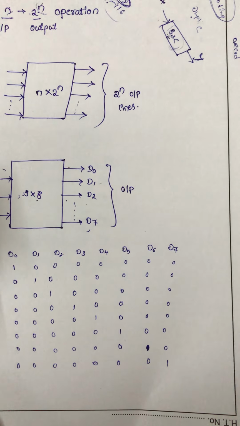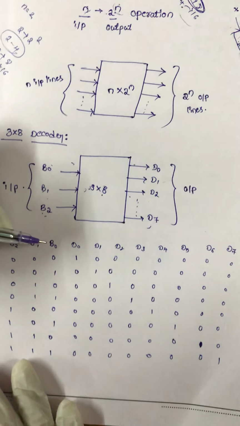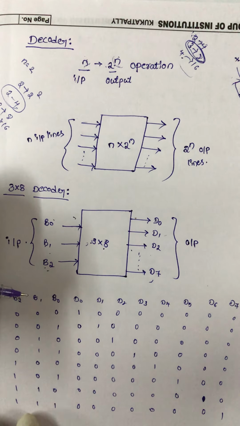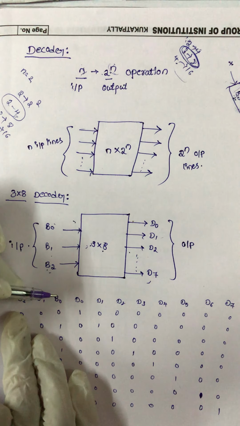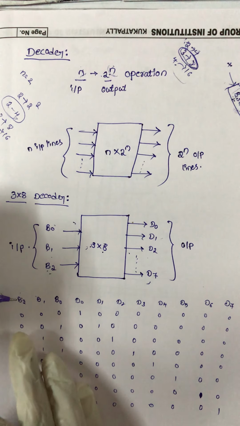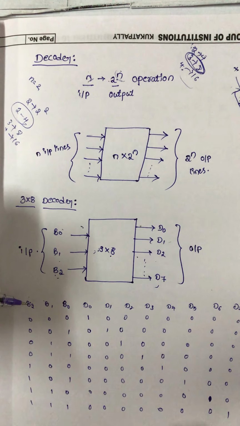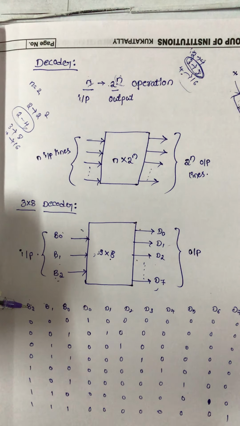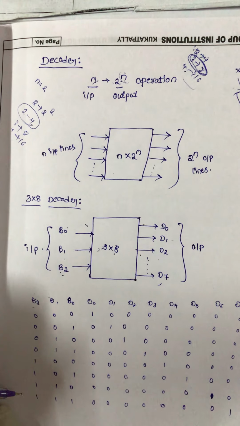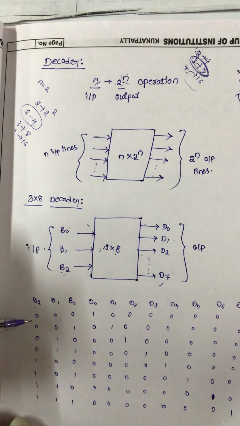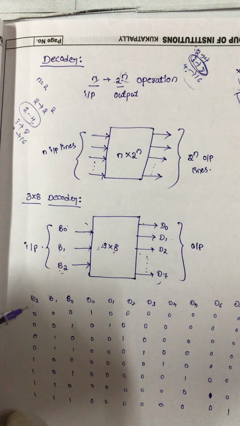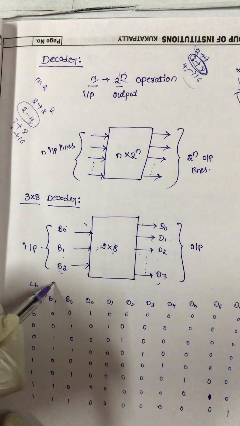So now we have to represent first of all the inputs. B0, B1, B2 are three different inputs. According to the possibilities, if inputs are 3, we have 2 power n possibilities. So 2 power n possibilities means for 3 inputs total 8 possibilities are required. Okay. So the 8 possibilities are according to the code 4 2 1.